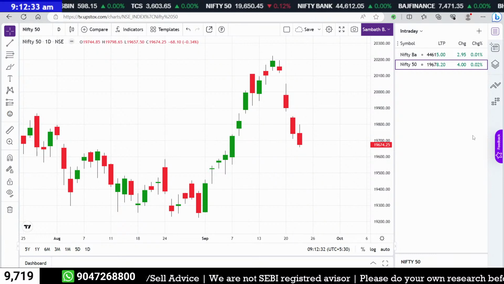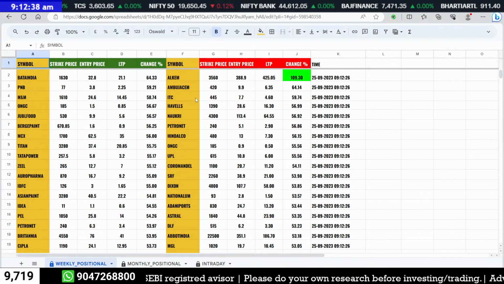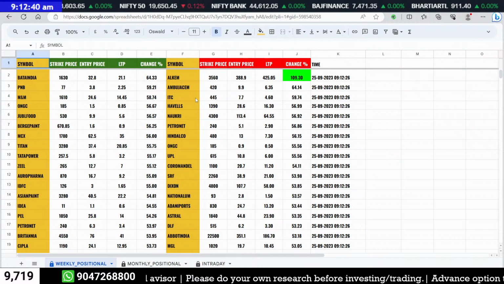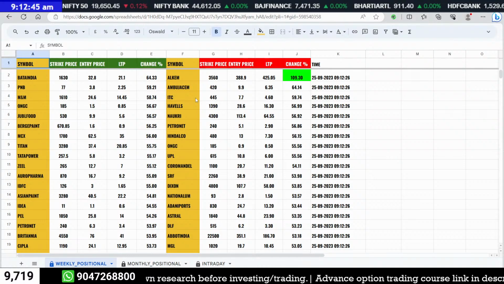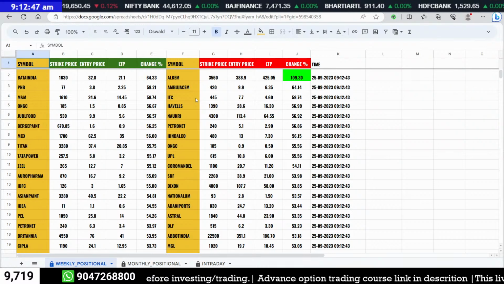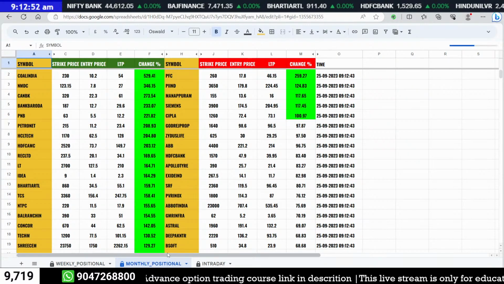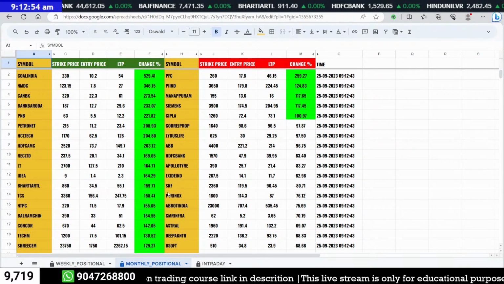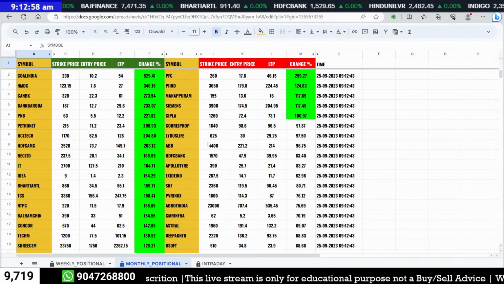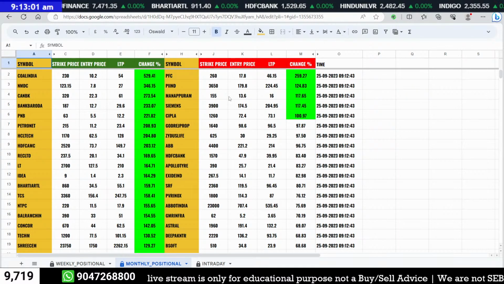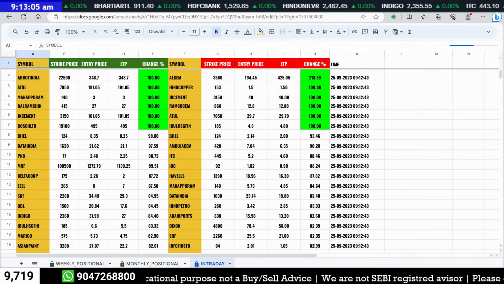Okay, and this is our Google Sheet. Here Alchemy Laboratories is not liquid at this moment on a weekly basis. Only one stock is not liquid on a weekly basis. And for monthly positional, we are not going to take any positions. Already we have a lot of stocks which triggered our target, and only a few stocks which we are going to focus on. This is monthly, and maybe you can focus on intraday,